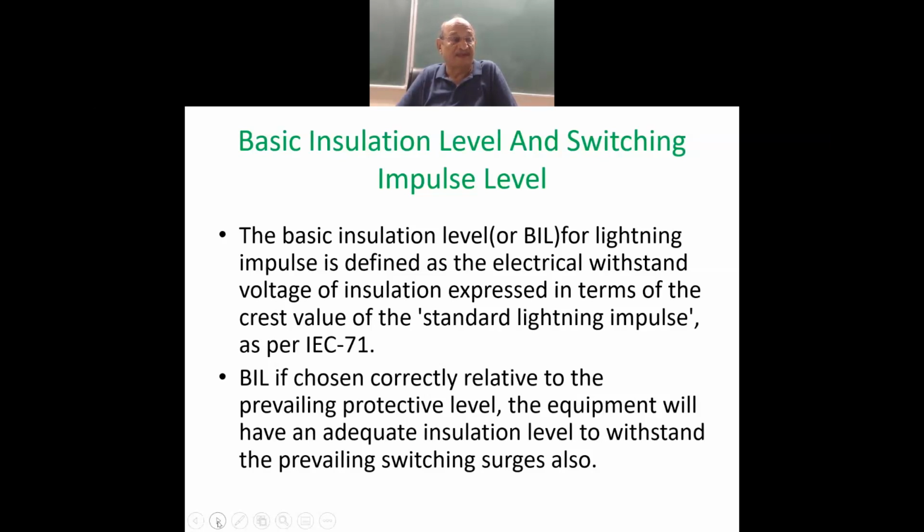Why? The reason is that in spite of providing the grounded conductor on the top of the network, there are occasions when the lightning strikes the live conductors below the grounded wire. It does happen. So you can say the grounded wire on the top of the network does not provide a foolproof condition that the lightning will not reach the live conductors.